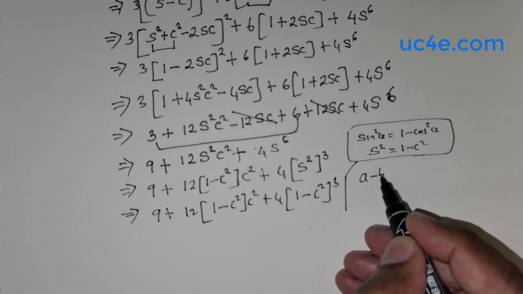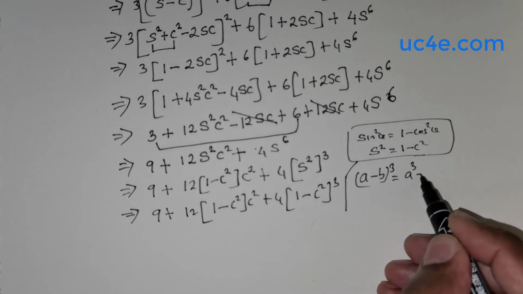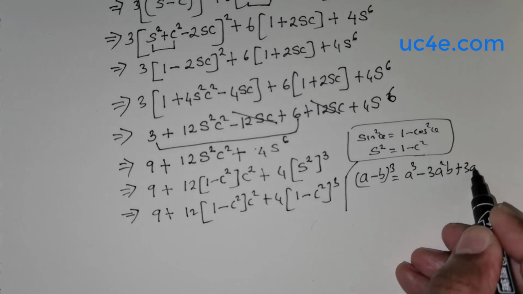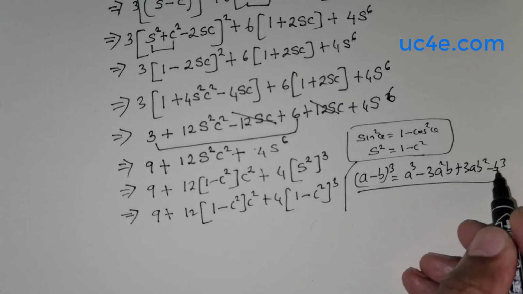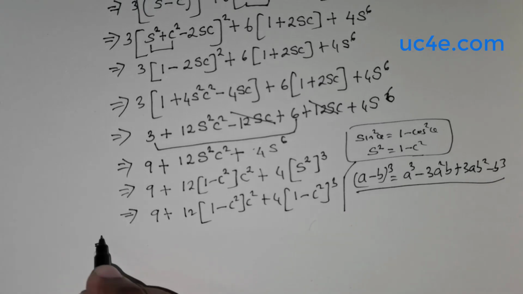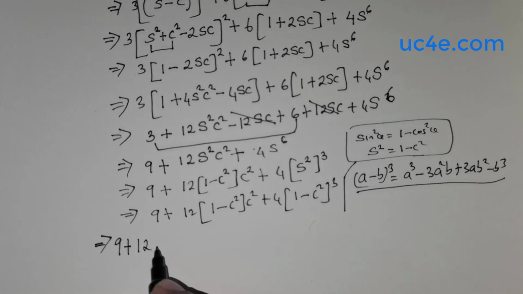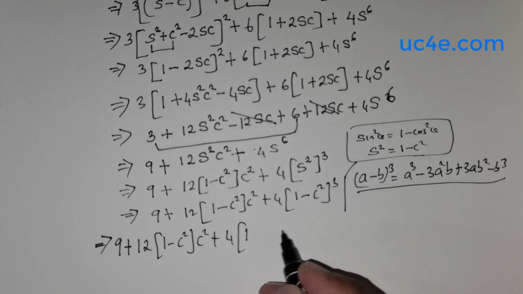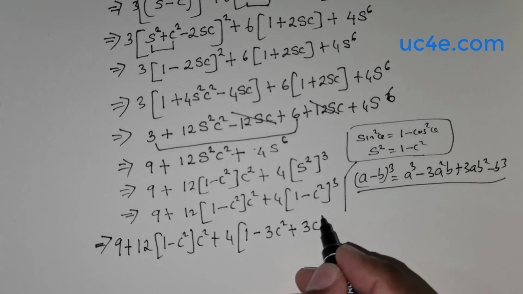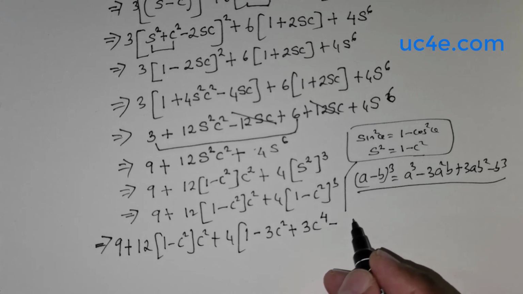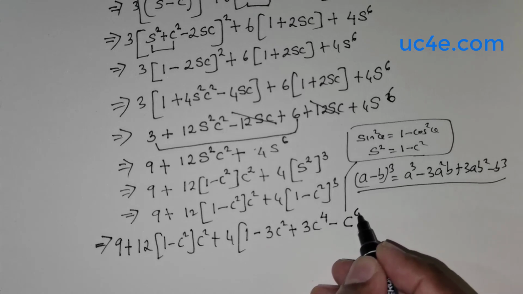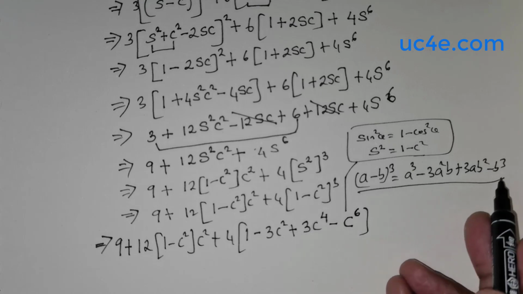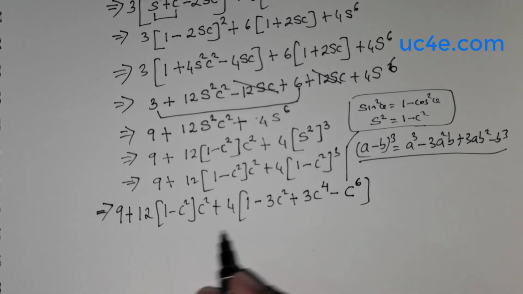Now this is nothing but a minus b raised to the power of 3, which is nothing but a cubed negative 3 times a squared b positive 3ab squared negative b cubed. So if I were to use this formula over here, this is going to give me 9 positive 12 times 1 negative c squared of c squared positive 4 times of 1 negative 3 times c squared positive 3 times c raised to the power of 4 negative, this one is actually b cubed, so this is actually c raised to the power of 6, right? Because of the fact you got b cubed there. So now let me